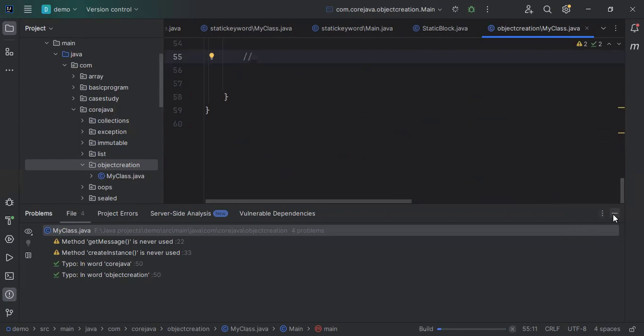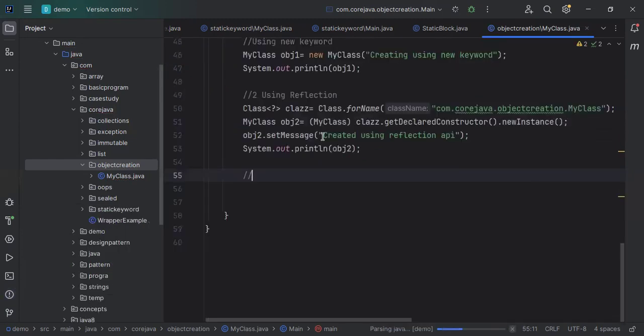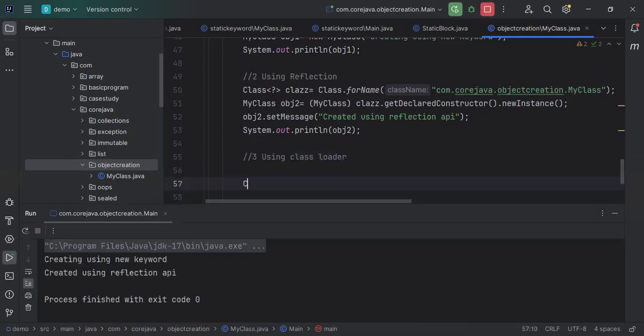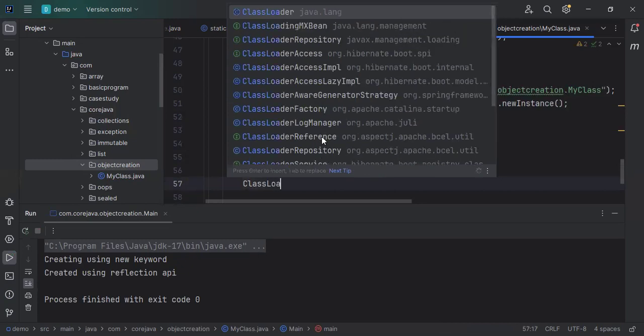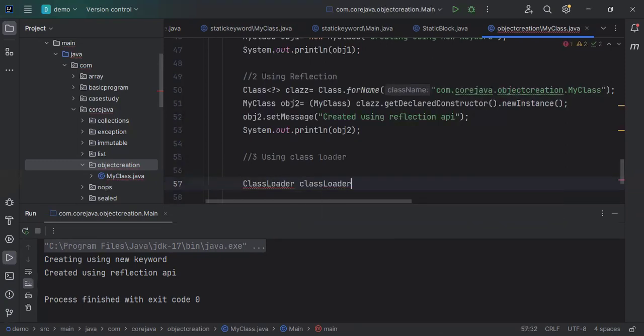Third, we will see using class loader. How can we create an object using class loader? We will use ClassLoader classLoader equal to MyClass.class